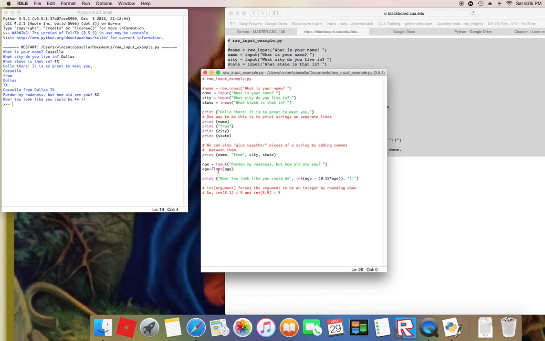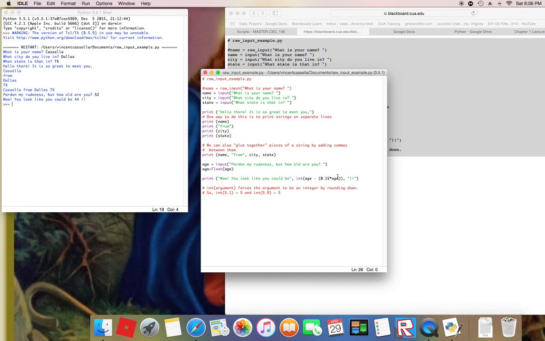And then after this float function was operating on that number, which was in the form of a string, age now became a floating point decimal number. So it actually changed the type of that variable. All right, so now it's a floating point decimal, and it has the value of 52. Then it says here, print, wow, you look like you could be, it prints quotes, then I got the comma, then int. Int is going to take the integer value of whatever's inside the parentheses. In this case, it's going to be age, which was my number, and here I put 52, and it's going to subtract